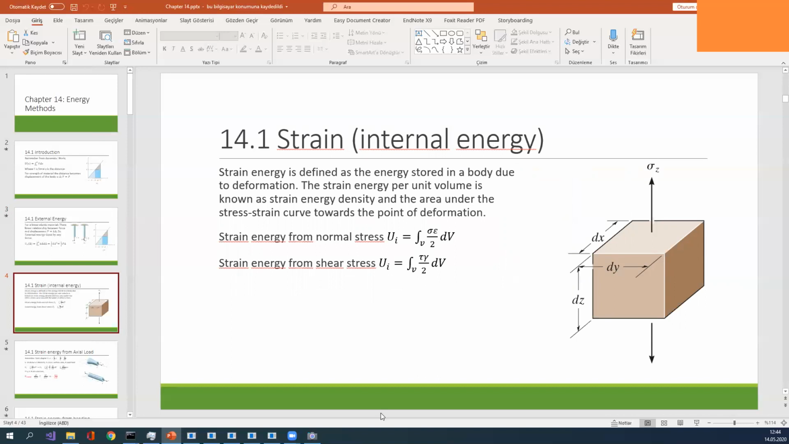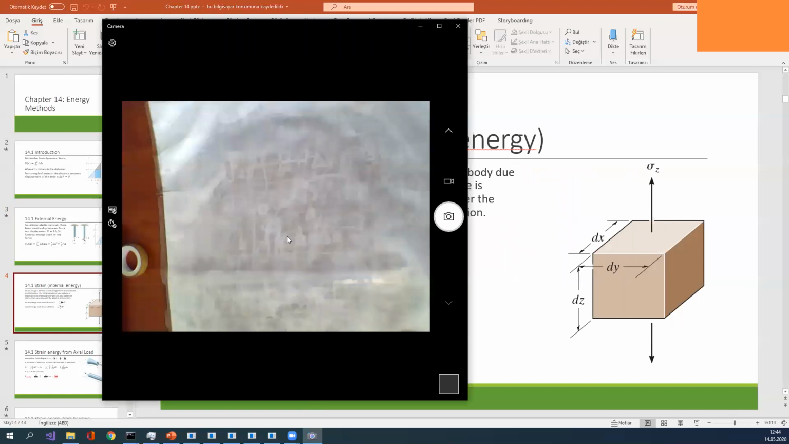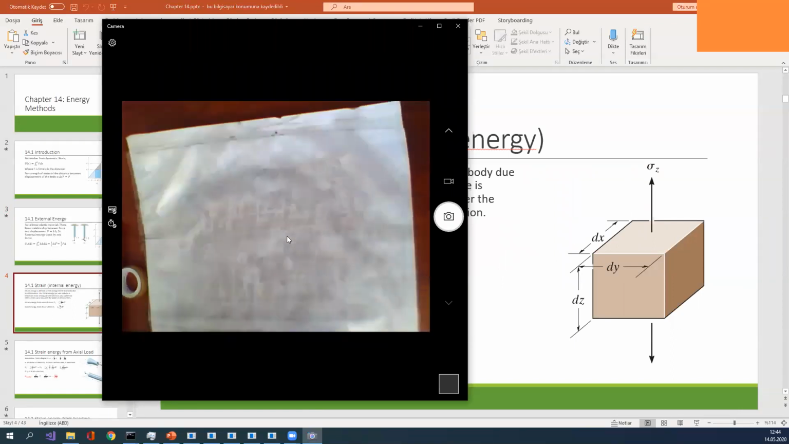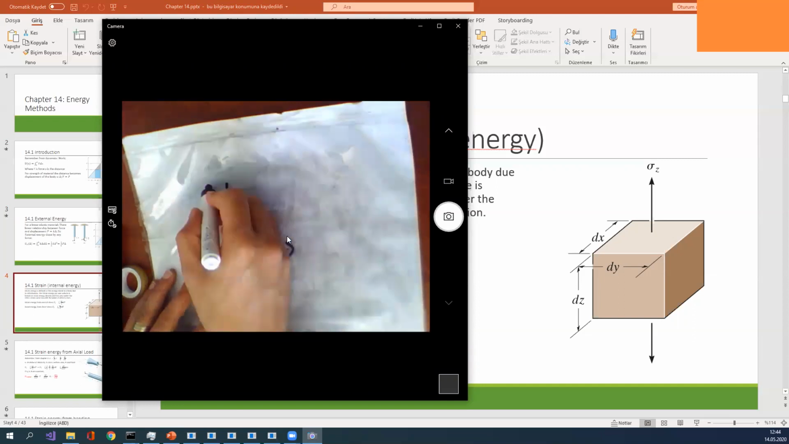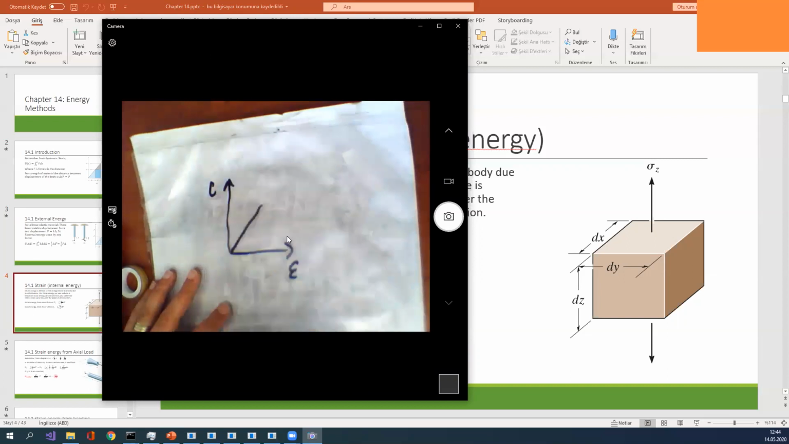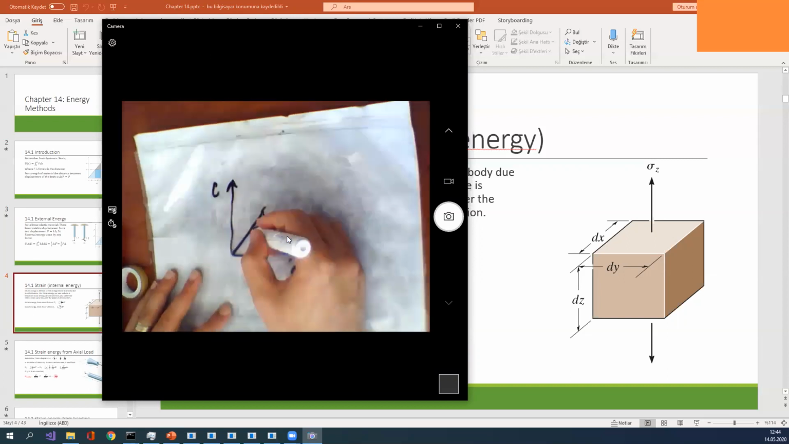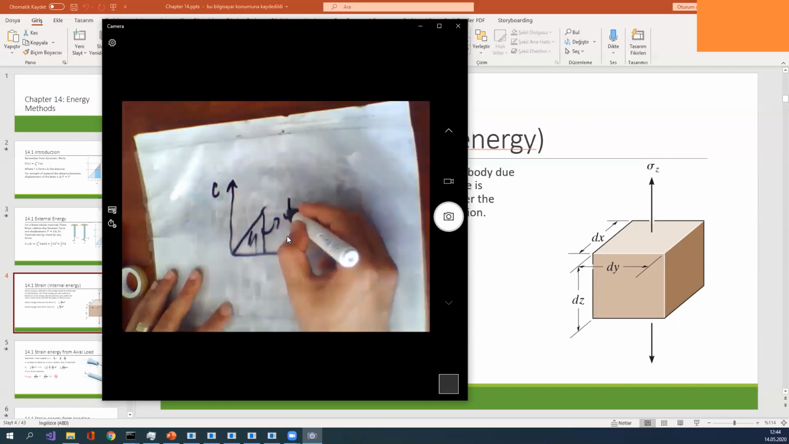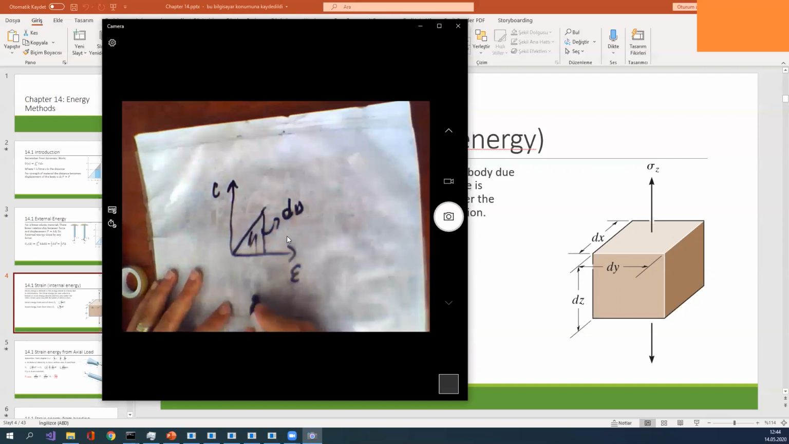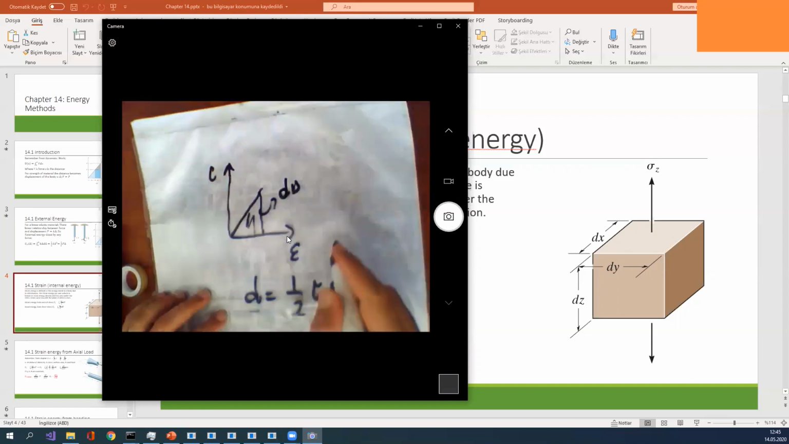You remember, I already defined the sigma epsilon curve. This is an infinitely small element, and also I say the constant relationship. So if the energy in small u, I want to represent it, du is equal to 1 over 2 sigma times epsilon. This is why I'm using du, because this is the infinitely small element, dx, dy, and